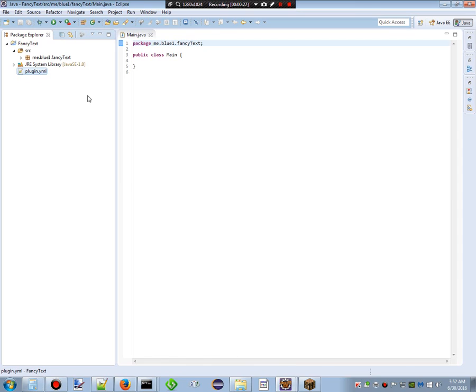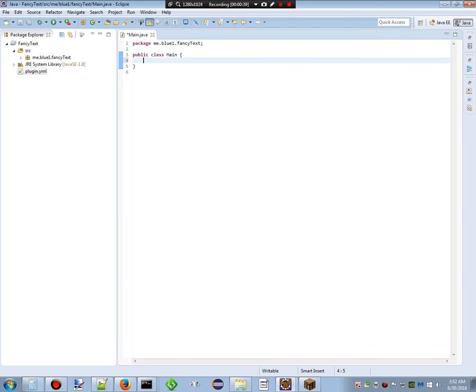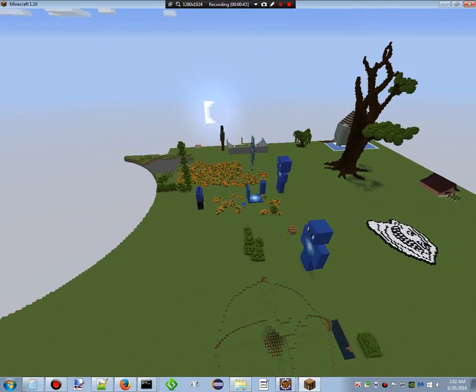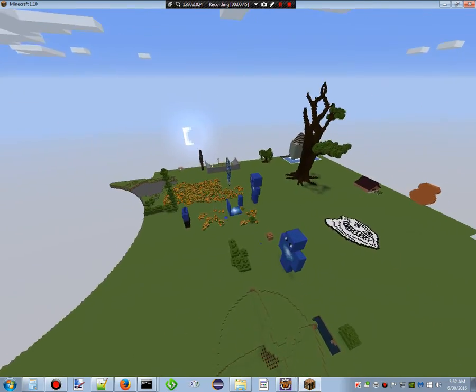There is a library called Fanciful. I believe it's just called Fanciful Library, something of that nature, and it allows you to use JSON formatting and such in the text that you will be sending to players, and that is used for things usually seen in Tellraw, where